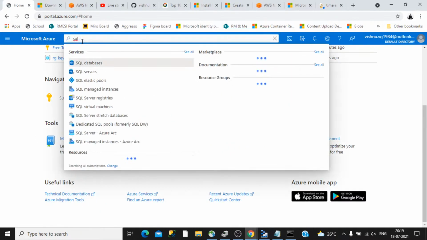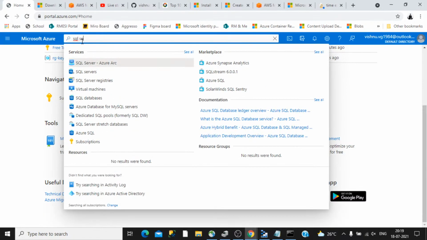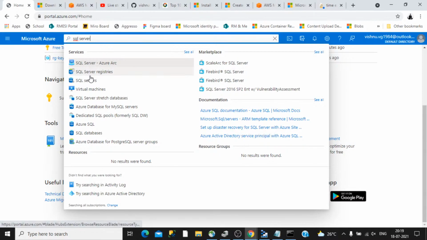For example, if you want to use the SQL Server database, you can search that and it highlights all the different things out there. SQL databases, Azure SQL, and all these different things. So see, it is intelligently showing all the different options. If I want to use SQL Server, I have different options, either of these services I can choose, or I can spin up a virtual machine with a SQL Server inside that virtual machine and straight away use that.